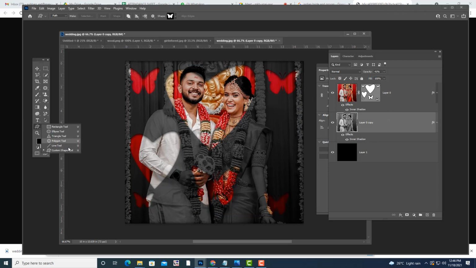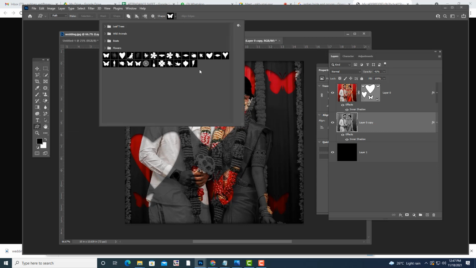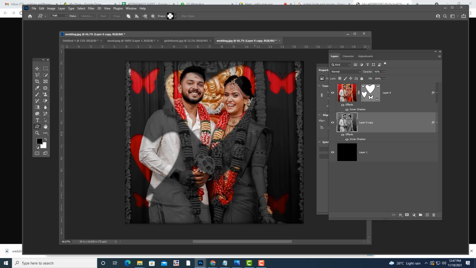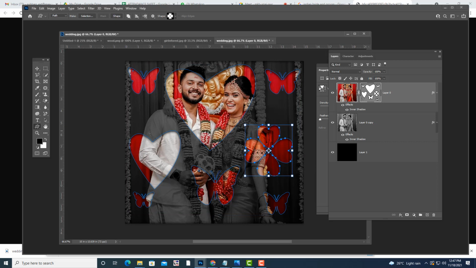And if you want to add some more shape here, so what you can do? Simply go to the custom shape, or you can use pen tool to create your own shape. So just to save time, I'm selecting the shapes that are already available to us. But one thing, we have to select this one, and then here we have to create. So this is how we have to create.